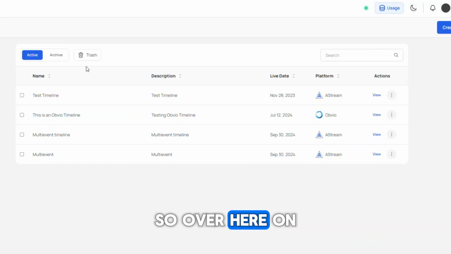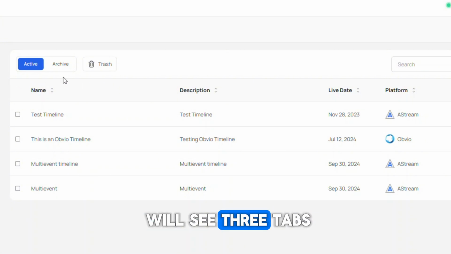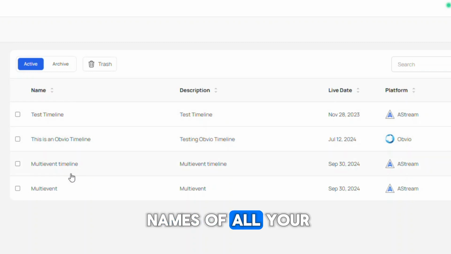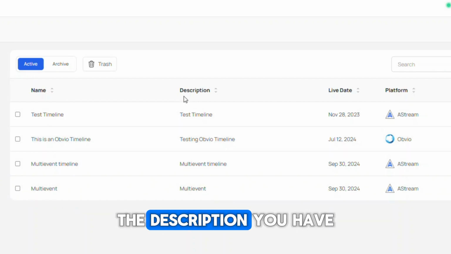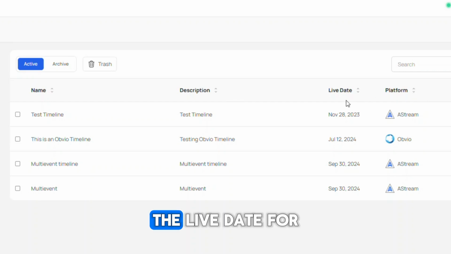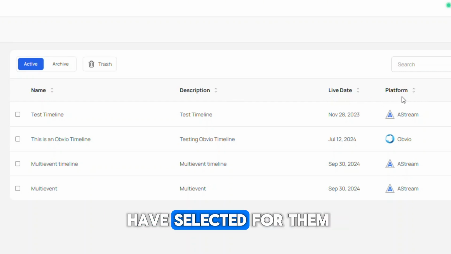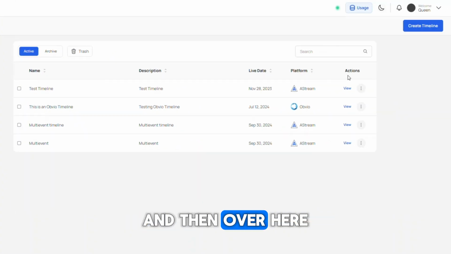Over here on the upper left, you will see three tabs. We have the Active tab, the Archive tab, and then the Trash tab. We are currently on the Active tab. From here, you can see the names of all your active timelines, the description you have for them, the live date for these timelines, the hosting platforms you have selected for them,